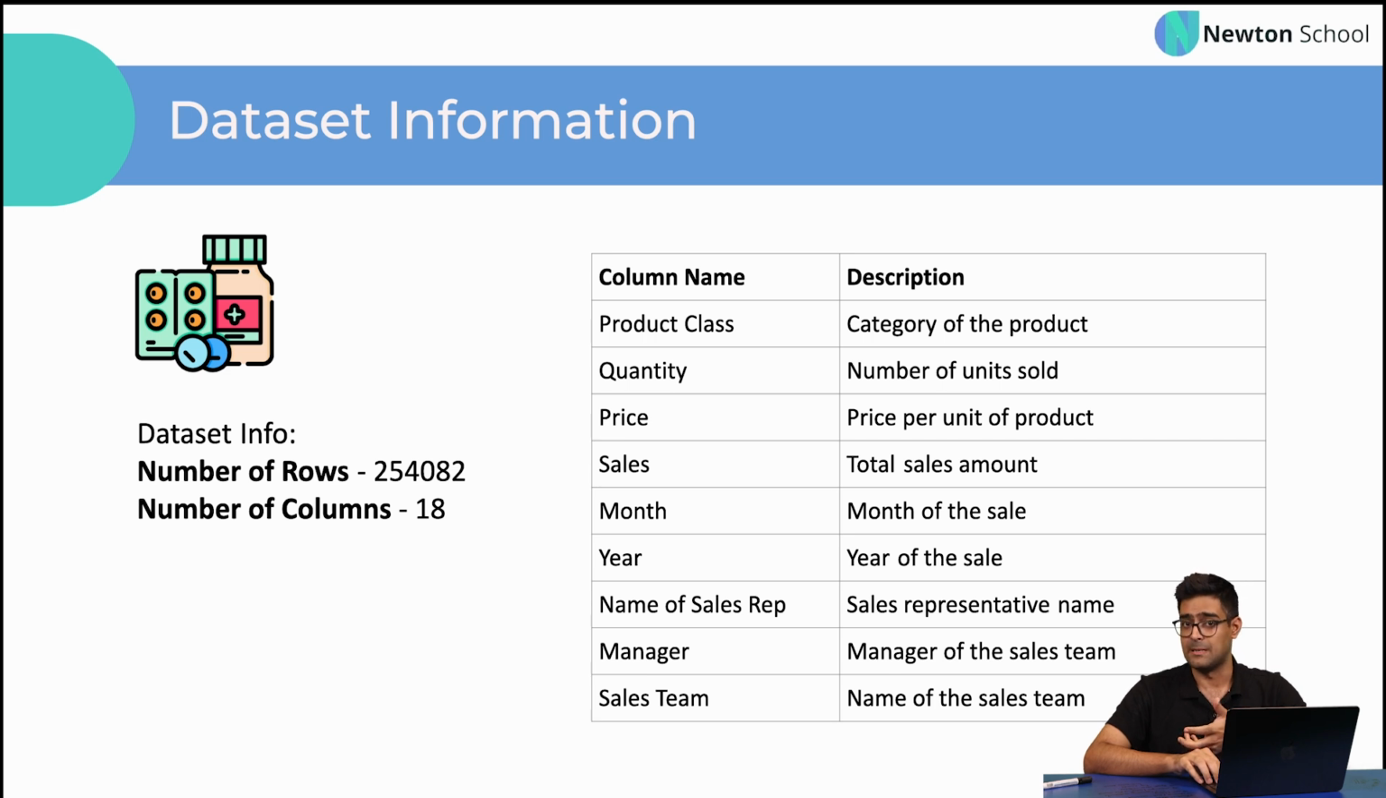And of course the sales team name. So the latter end of the columns relate more towards the sales team: the name, manager, when the sale happened, year, month. And the former end of the columns are related to the wholesale distribution, the product class, the product name, etc. So before we move ahead from here, open up the CSV file at your